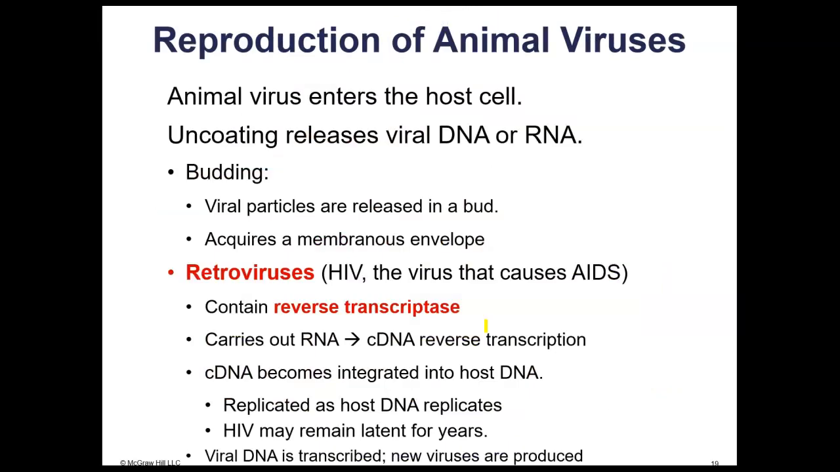So lytic cycle means active virus, and lysogenic cycle means inactive or latent or dormant. All right. For animal viruses, it's very, very similar to the reproduction of bacterial viruses, like the lytic and the lysogenic cycle. We've learned a lot by studying bacterial viruses or bacteriophages. But the animal virus is going to enter the host cell and release its viral DNA or RNA, and